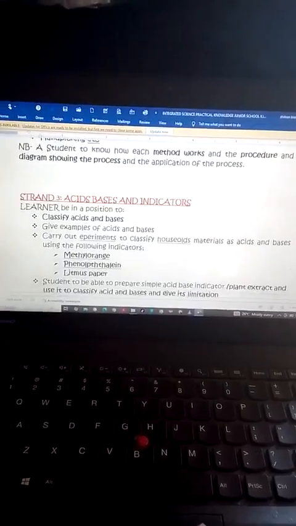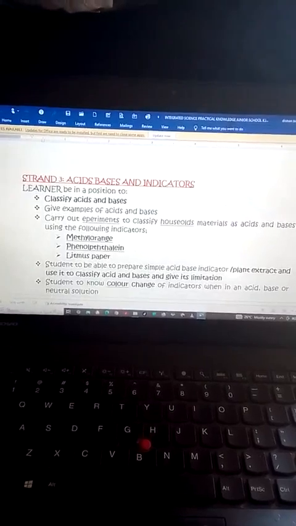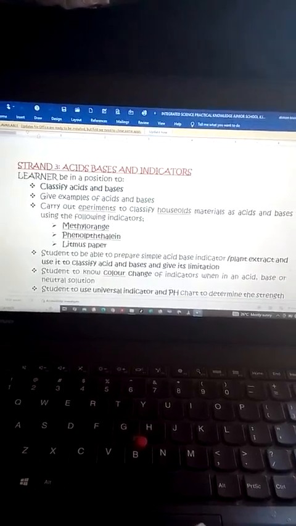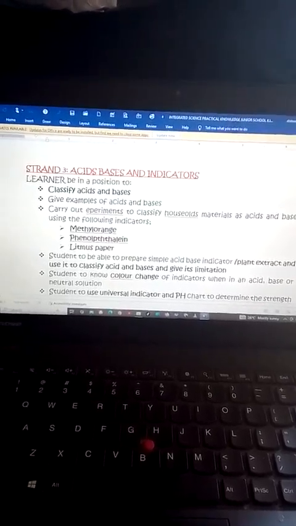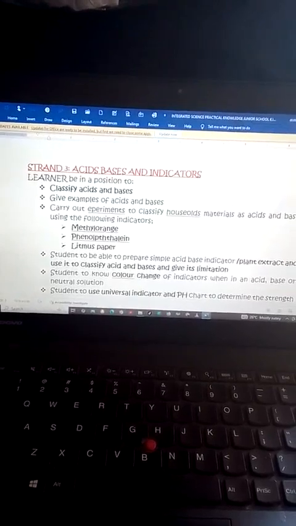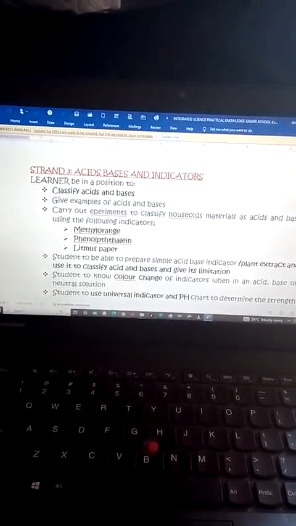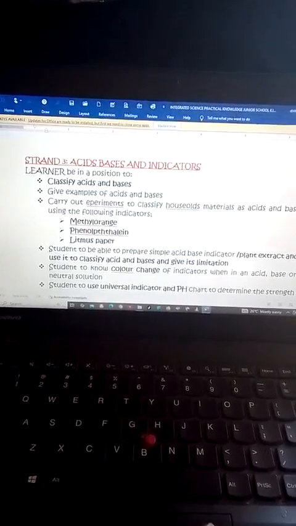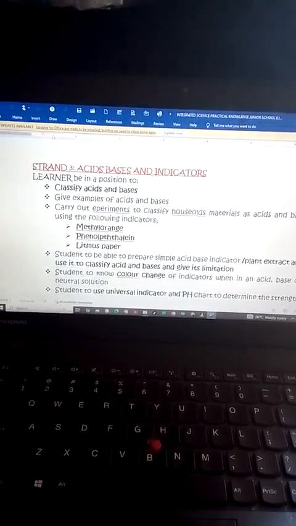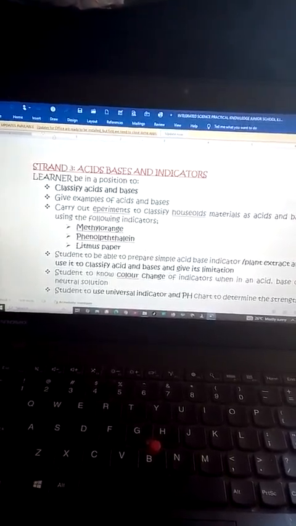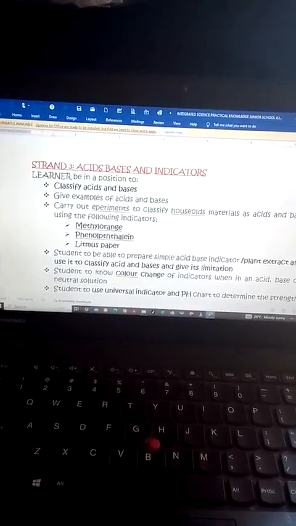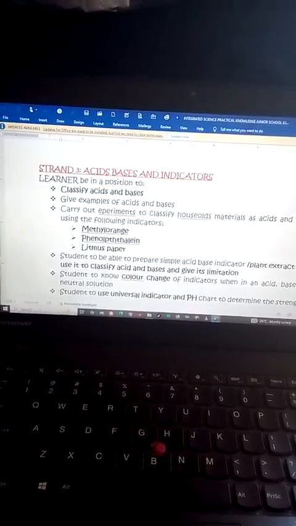Then strand 3, this is where now the chemistry is. It's the basis of science, acid bases and indicators. So under this strand, learner is supposed to classify acids and bases. Learner is supposed to give examples of acids and bases. So this topic basically is the basis. Learner need to understand and give examples of the acids and bases